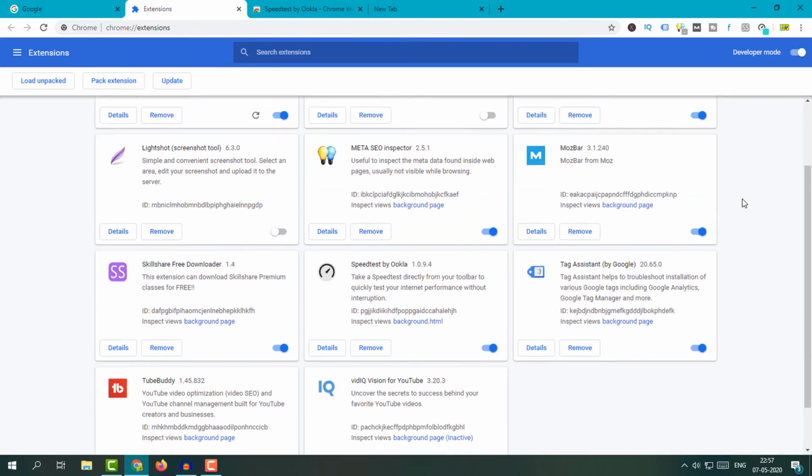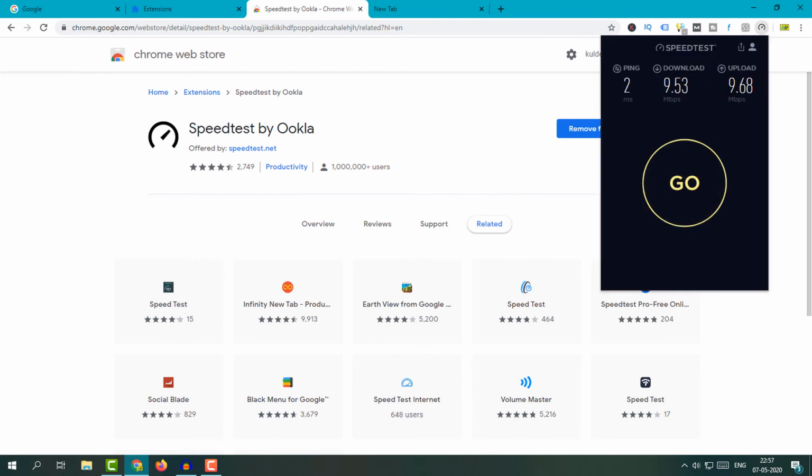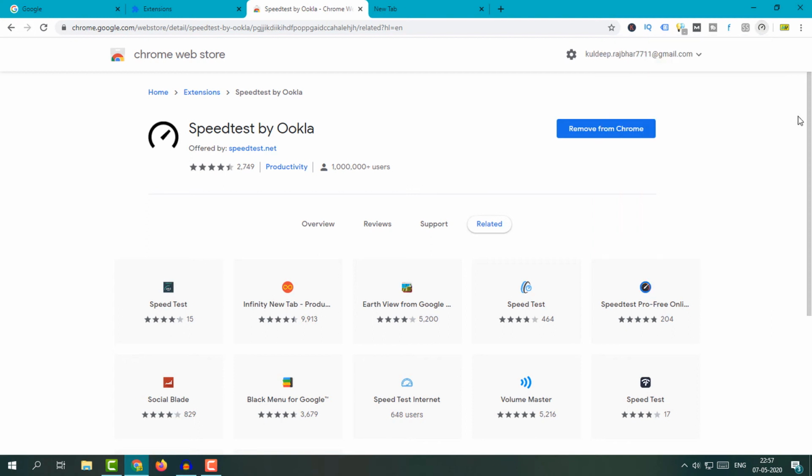And friend, here I'm going to show you, this is the installed extension. Let me check it once again. Speed, and now this extension is installed into my system. Right now I'm going to remove this extension. Then what you will do, simply right click here on this icon, and then you can see remove from Chrome. And if you do not want to use this extension and also do not want to remove this extension, then what you will do, simply click here hide in Chrome menu. So this extension will be available, but it will hide.